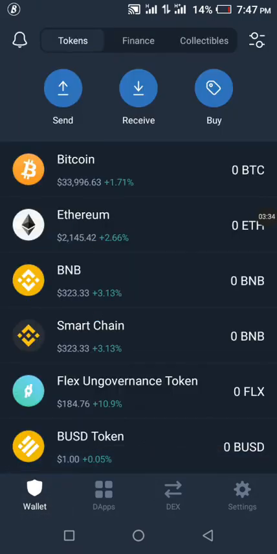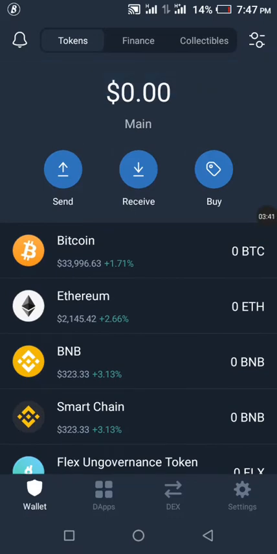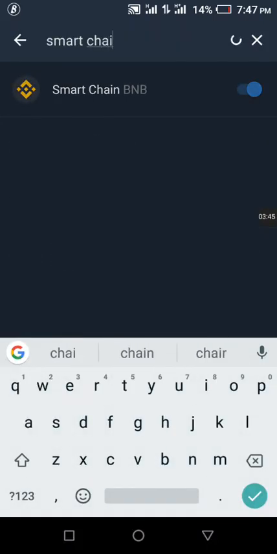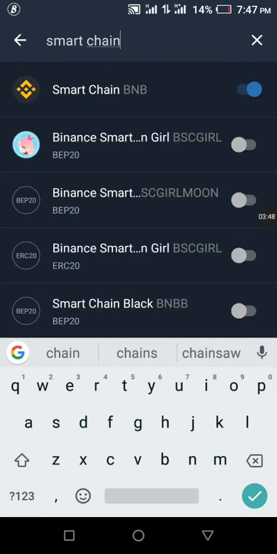Also, what I forgot to explain is Smart Chain. In case you don't have Smart Chain, for people using Token Pocket, you also come back here and search Smart Chain. This is not the interface for Token Pocket actually, but it is very similar. You also click the same way to get it. So this is Smart Chain, BNB Smart Chain. This one is used for the network fee. This is where Forsage will charge you for the network fee once you are registering. You will see that in the course of this video.